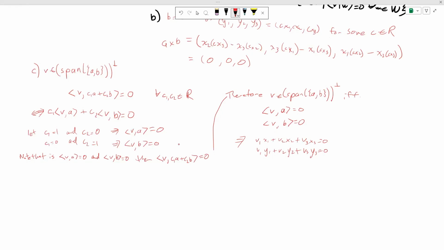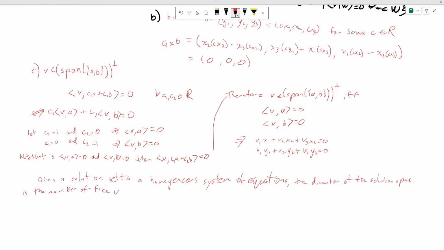So given a solution set to a homogeneous system of equations, the dimension of the solution space is the number of free variables